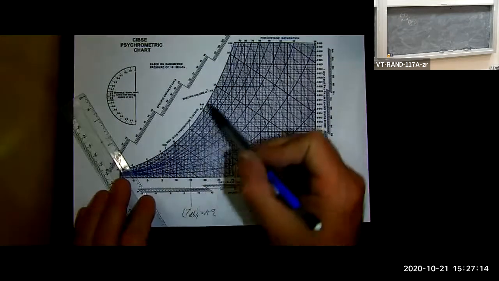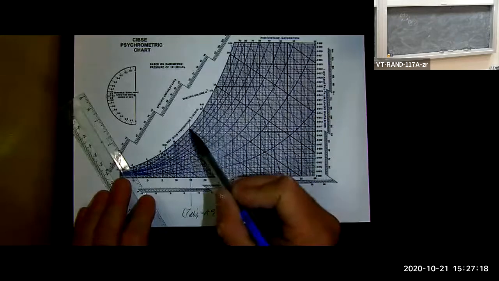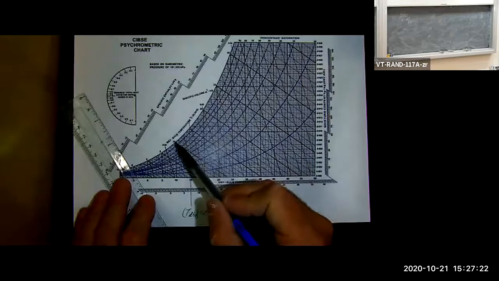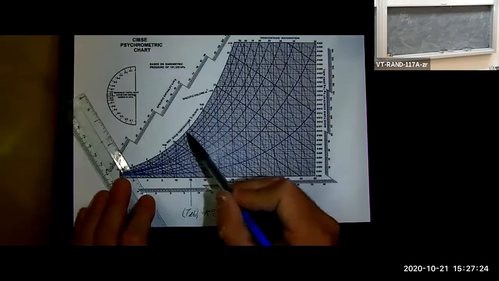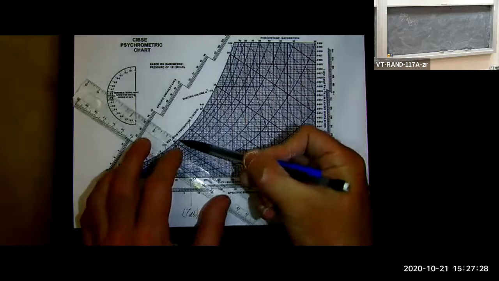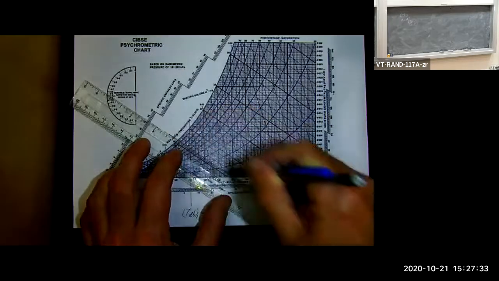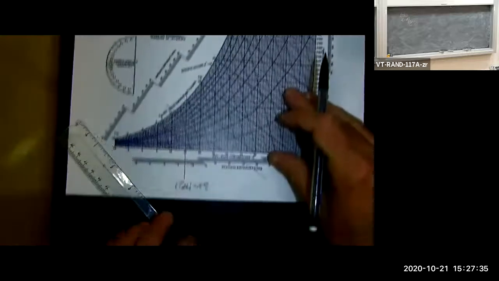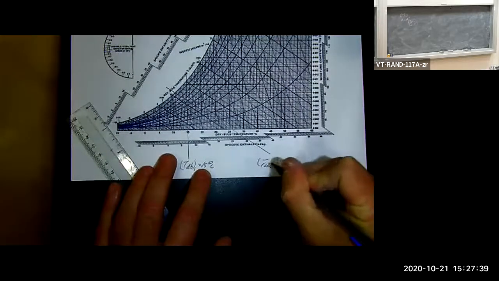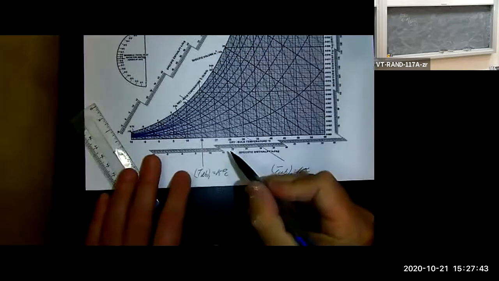The wet bulb temperature is right here. Here's 10, here's 15, here's 20. So 11: 10, 11, 12, 13, 14, 15. So 11 degrees is along this line right here. So T wet bulb 1 is 11 degrees C, and where they intersect,